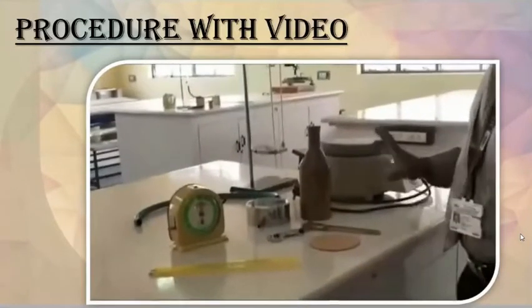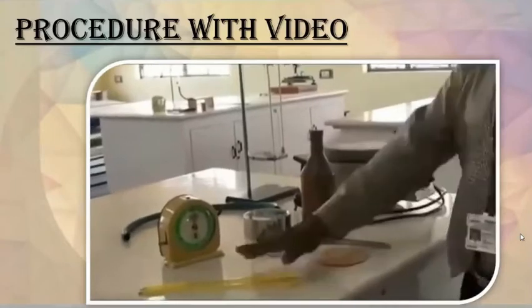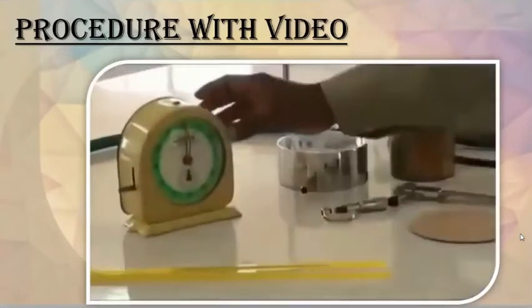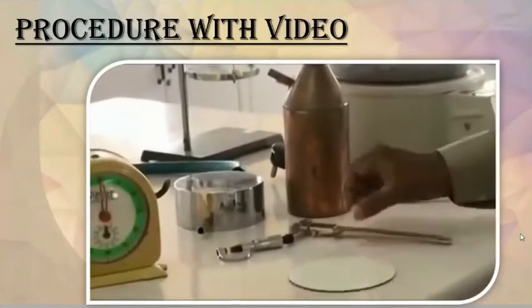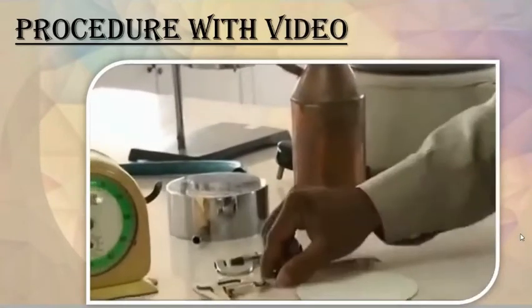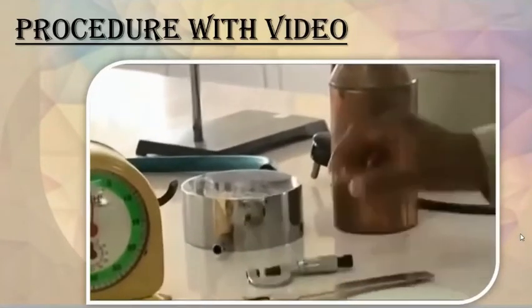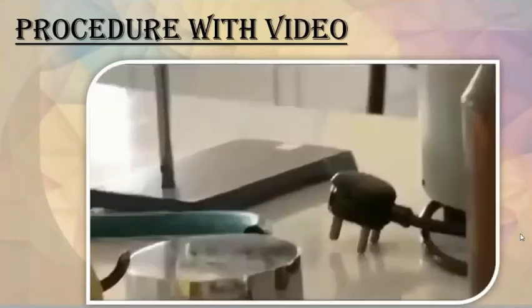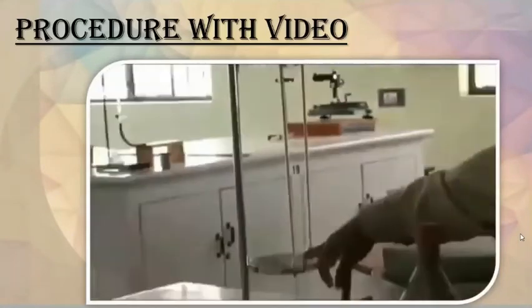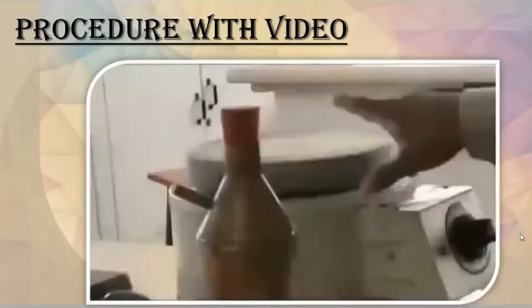Now I will explain the procedure with a small video. So first of all, we have the material which is used in the experiment. That will be two thermometers, a stopwatch, a circular disc of bad conductor, vernier caliper, screw gauge, the steam heater, steam boiler, steam chamber, Lee disc which is suspended vertically, and the hot plate.